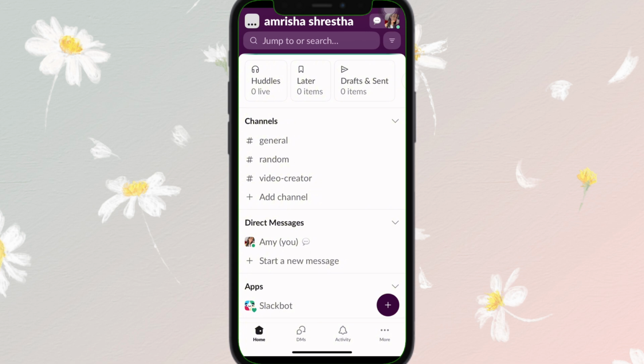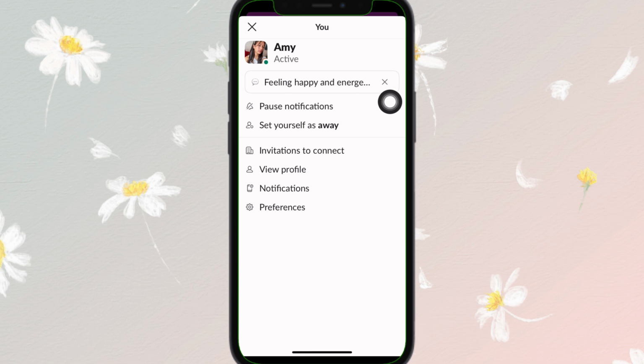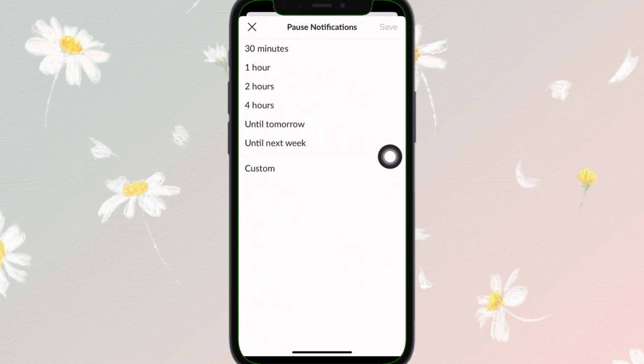Just like this. After opening it, you will find something like this. Now tap onto your profile icon at the top right corner. Just right here, select it. Then here you will find the pause notifications option right here. Tap on it. Now to snooze notifications, you need to simply turn it on and simply pause the notifications until